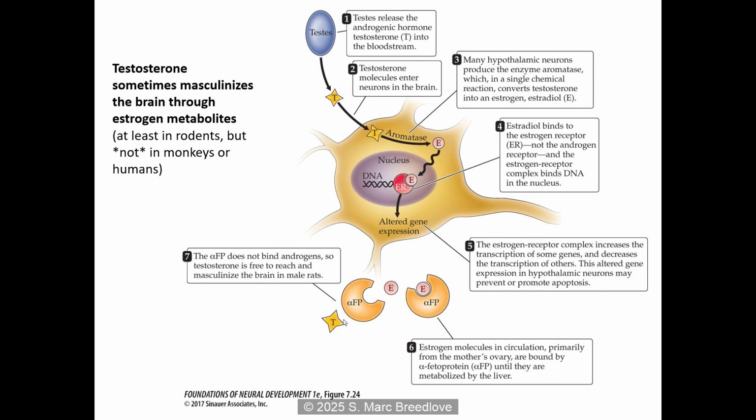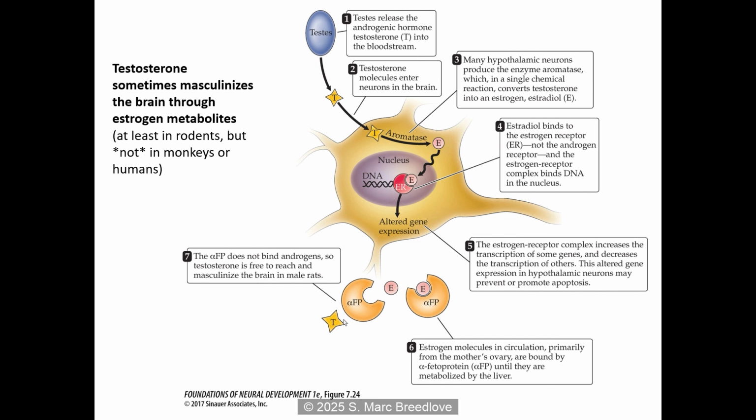Stop providing testosterone, and it goes back to its original state? No. Manipulating hormones in adulthood is too late to change the structure of the brain. They have to be exposed to testosterone early in life to have organizational effects. And we talk about these things ad nauseum in sexual behavior, human sexuality class.